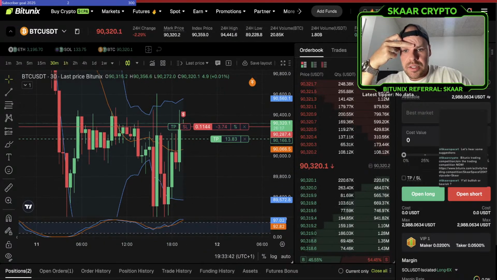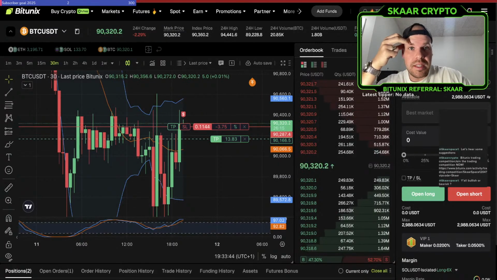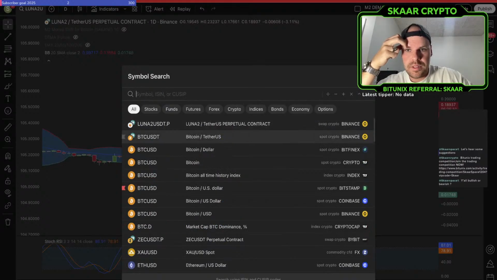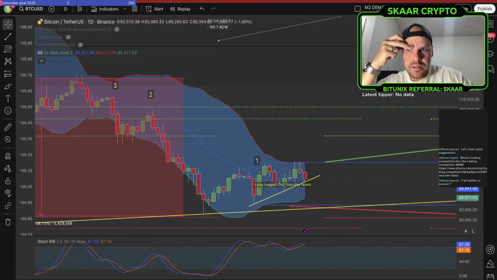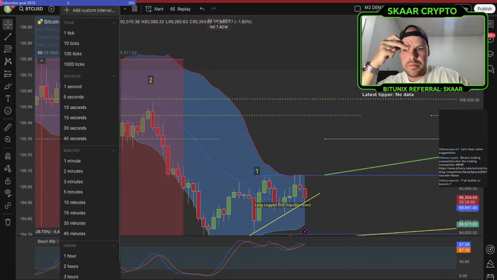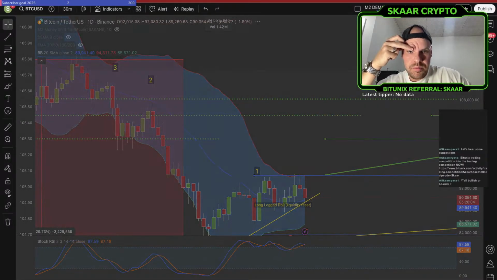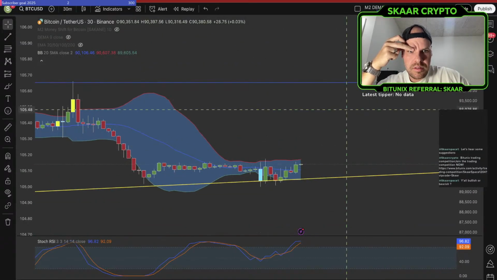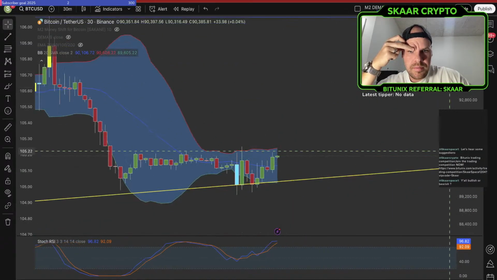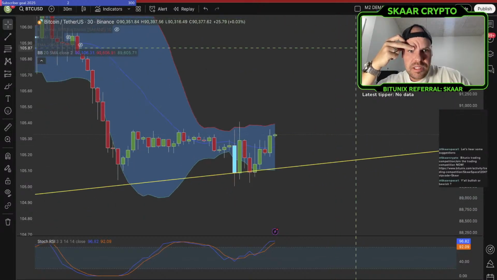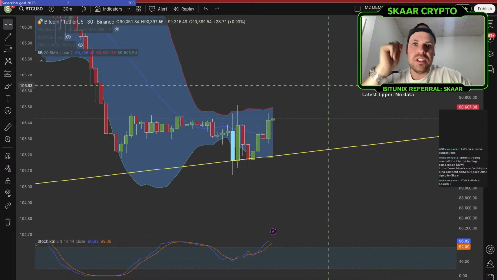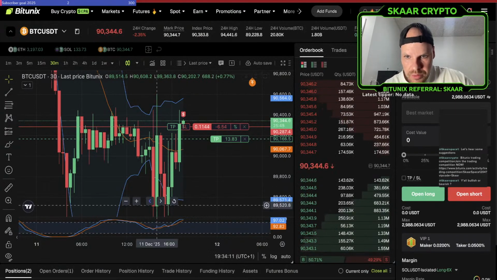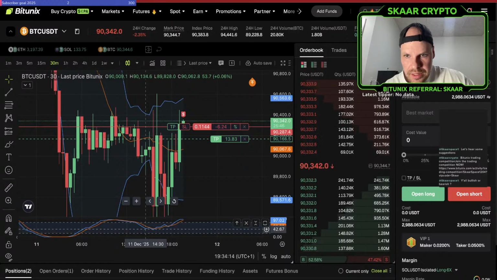The thing about stochastic RSI is just speed. It doesn't really show anything else than speed. And see here, let's make sure I'm on the same time frame. Boom. See here. So even though it suggests or indicates speed, it doesn't necessarily decide direction, because as you can see here, speed is dying,